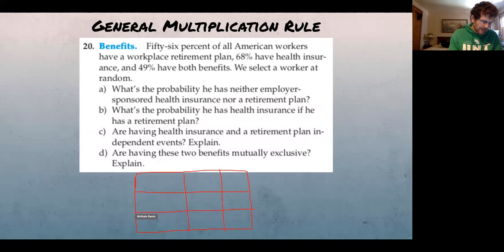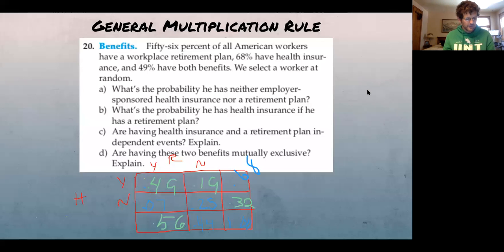So we've got retirement. I'll just put R for retirement, yes and no. And then health insurance, H, yes and no. So see if you can fill in that table with the appropriate numbers. And once you have, we can get all 9 of those cells filled in. All right, good job, guys. That is all correct. And again, I know not everyone wrote on this